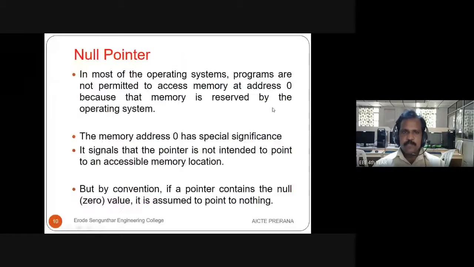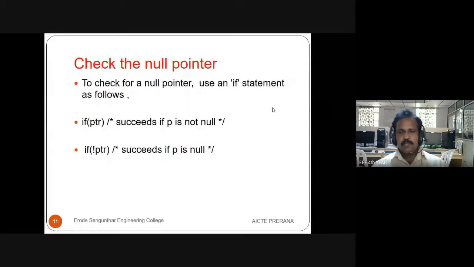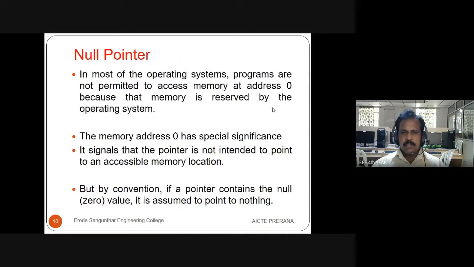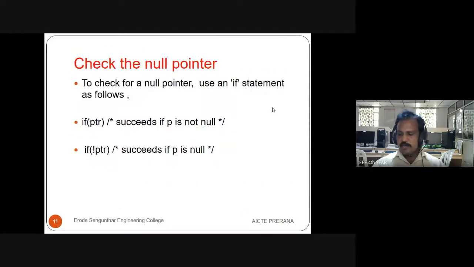So now, after completing the null pointer, let us see how to check whether it is a null pointer or not. How to check whether the pointer variable is a null pointer or not a null pointer. For that, we can use the if statement. If you want to check whether the variable is a null pointer variable, we can use an if statement for that purpose. If ptr,